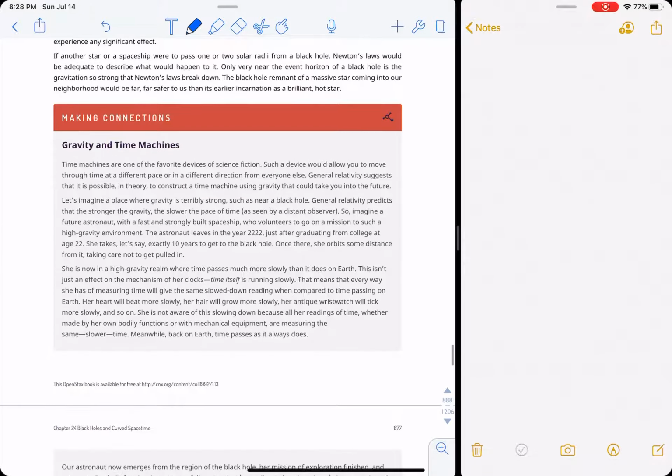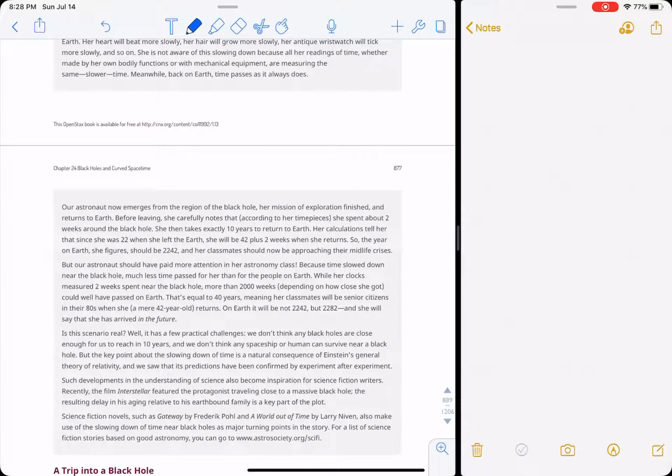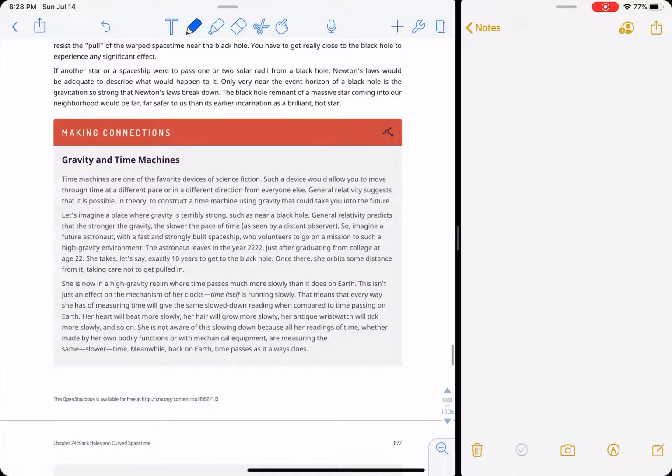So you should read this gravity and time machines thing. It's pretty cool. You could go near a black hole, come back, and you'd basically travel into the future. There's no way to travel backwards in time. If you think about all the atoms in a football, for example, and you throw the football, imagine what it would take to turn every atom, every air molecule, every possible thing that happened and rewind it. So that's not possible. There's no way to go back in time. There's plenty of ways to go forward in time, and that's one of the ways, to travel really fast or go near a very high mass object, and you will essentially travel into the future.